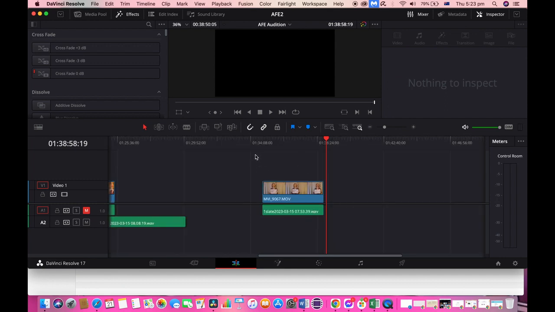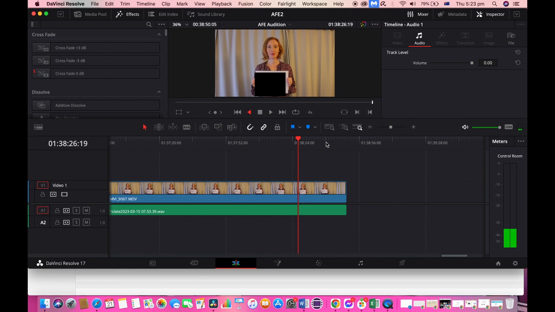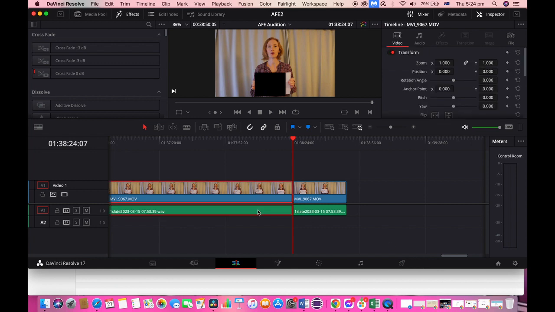Cool. And I think so what I'm gonna do, because I don't want this to go for too long, I'm just checking the sync again, and I'm just gonna cut out the last one for the case, the last take that I did. So that was me highlighting the blade tool, by the way. So I'm just gonna